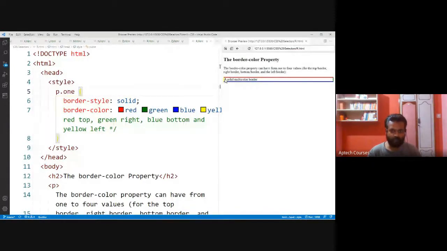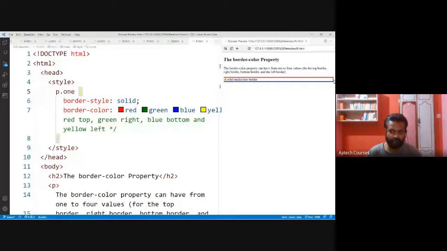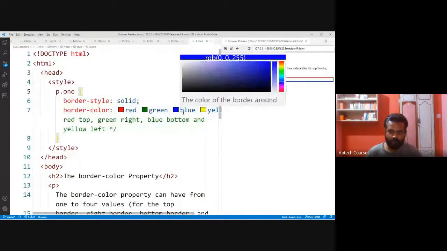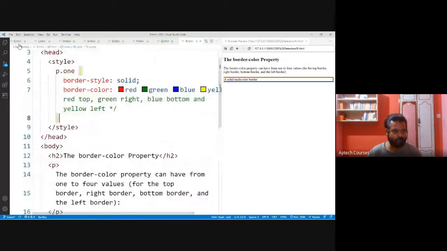On the left side we are getting yellow. First, we need to consider, while you are specifying width also: if you supply the first value, it is going to consider the top. If you supply another value, it is going to consider the right side. Next value is bottom. Blue is bottom, yellow is left. First top, then right, then bottom, then left. Each side we are giving a different color. That is also possible.